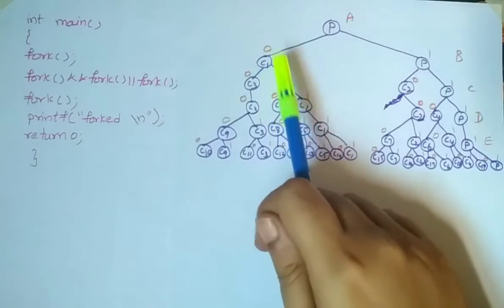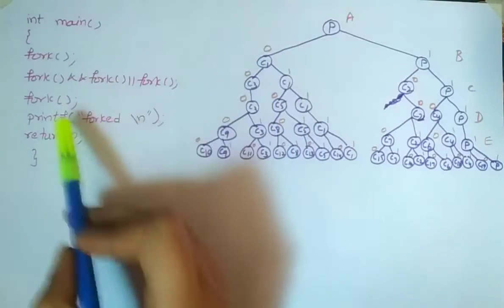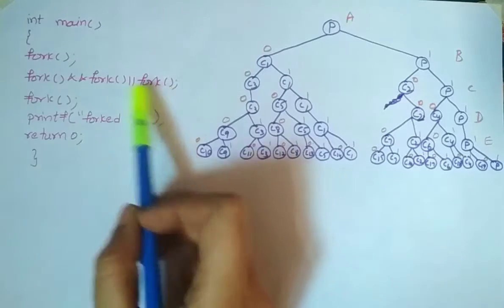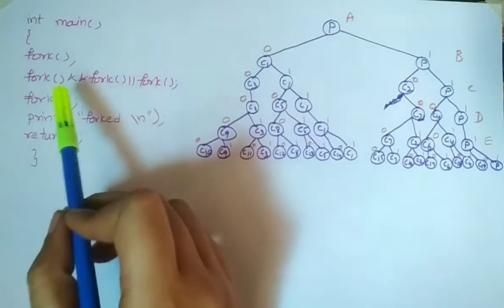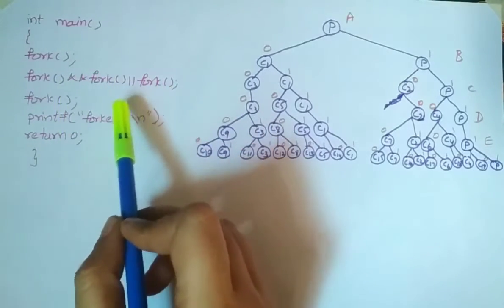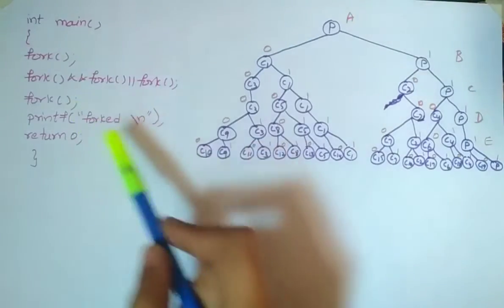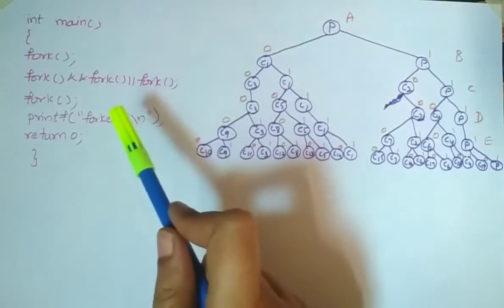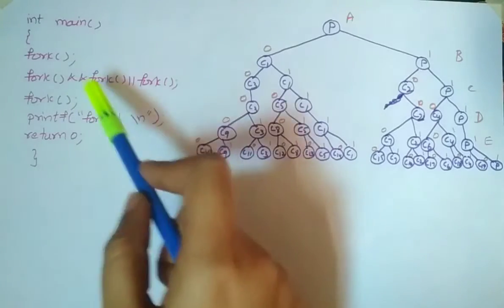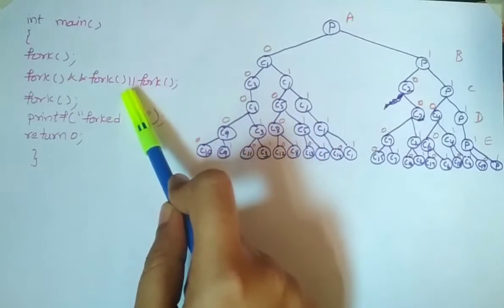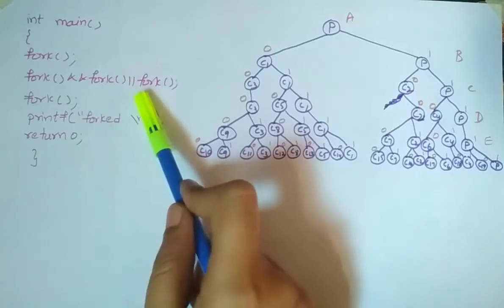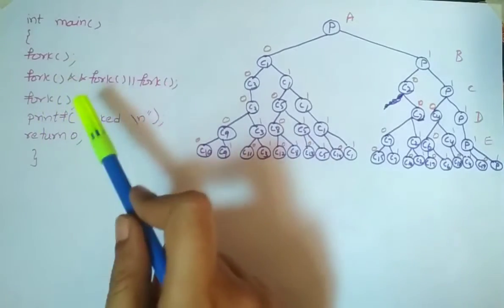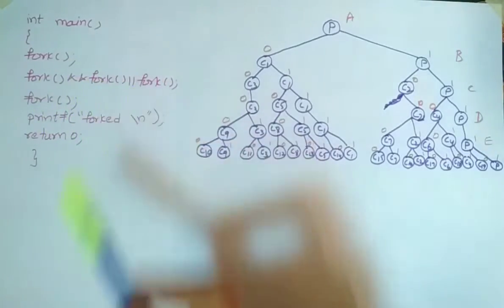Okay, see here the main thing is the AND operation. Here we are using the AND and OR operations, right? That's why it is somewhat tricky to solve this problem. Before solving this problem, we have to know about the AND and OR operations: what is the priority of AND and OR, and how to solve these operations.